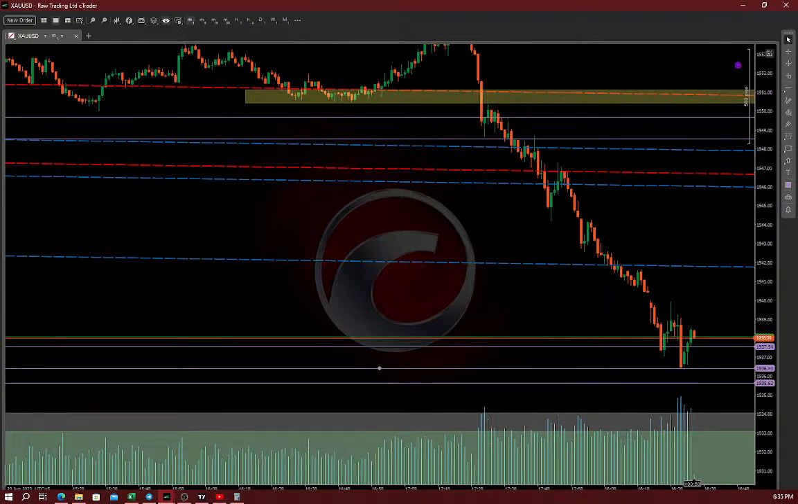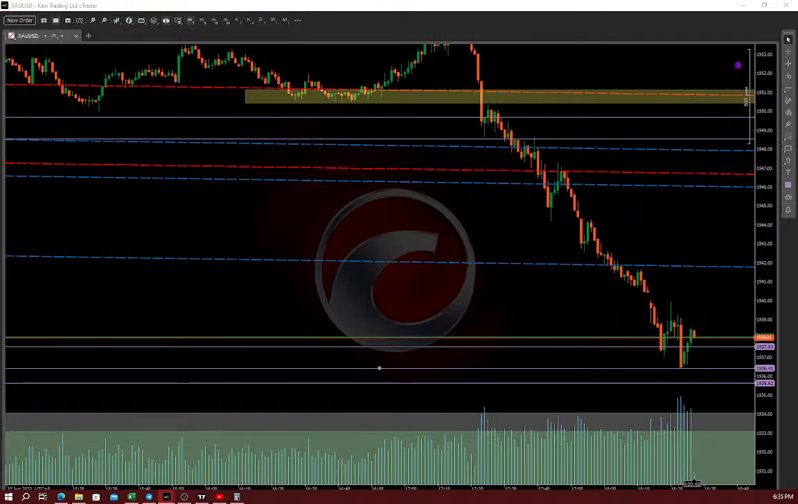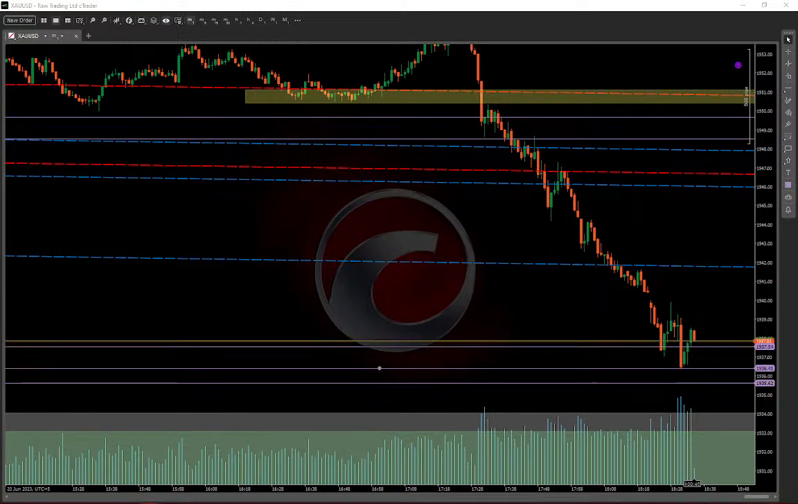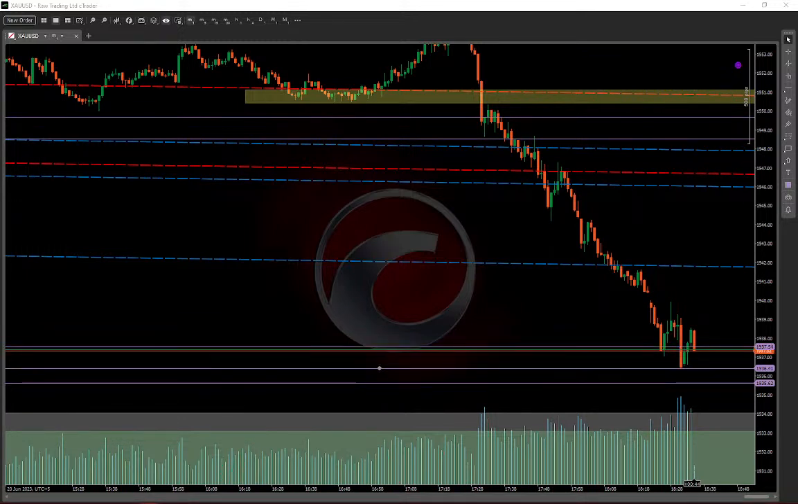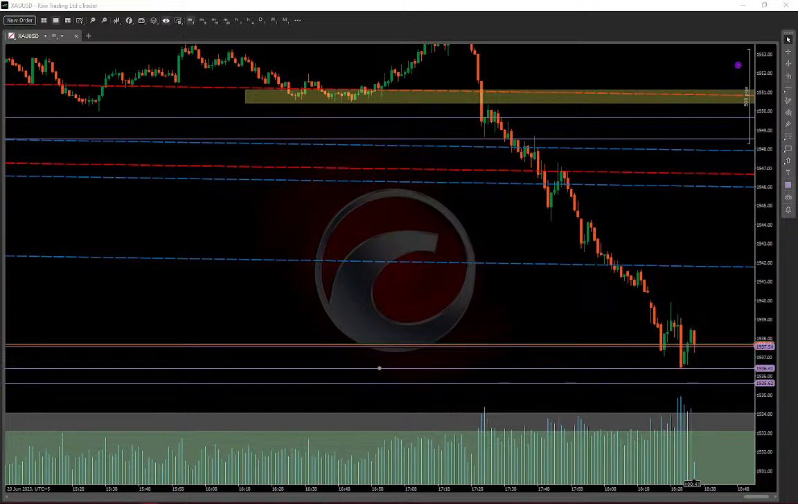For one, we had a retracement level being 136.56. Retracement level 136.56 was my